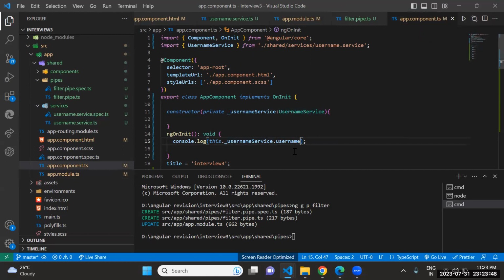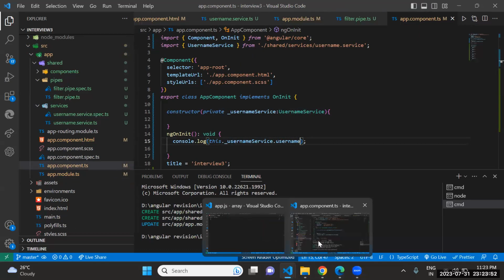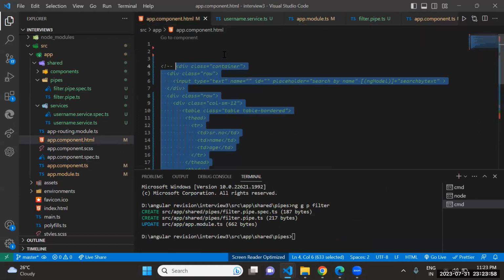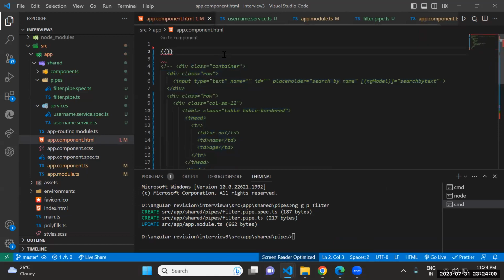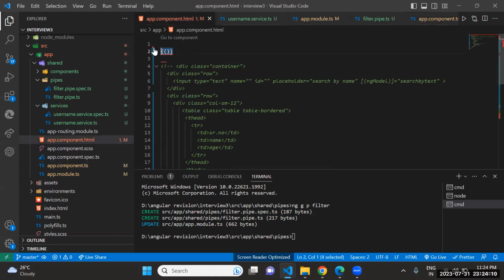Open the app.component.html file. App.component.html file. Okay, sir. Sorry. No. Here is the... Yes, sir.